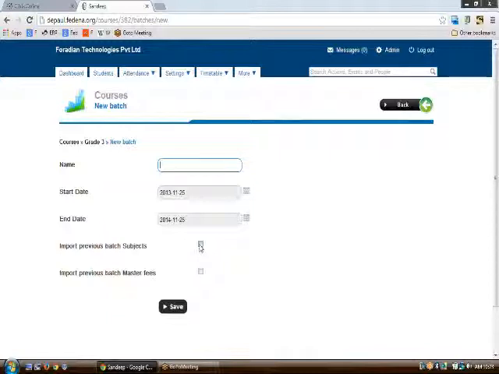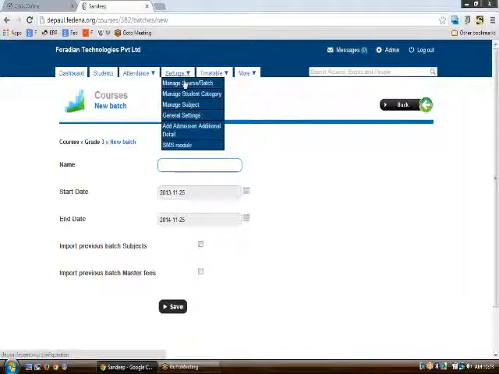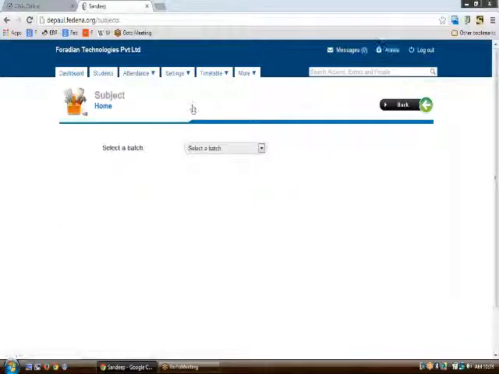The same goes for the master fees too. So this is how you need to create your batch with these two options: import previous batch subjects and import previous batch master fees. Now we'll see how these subjects can be checked.